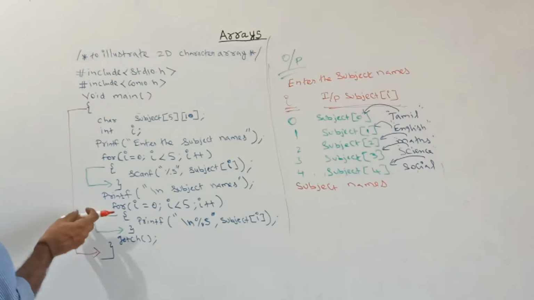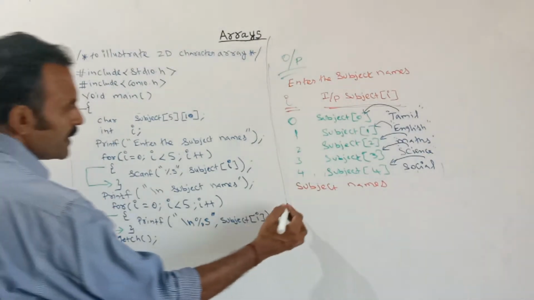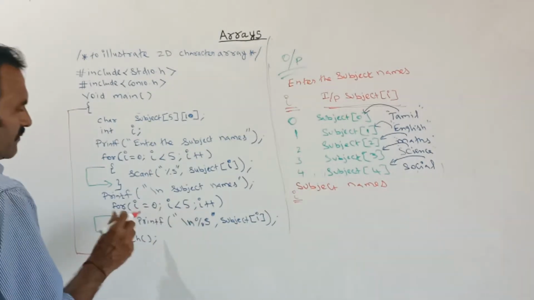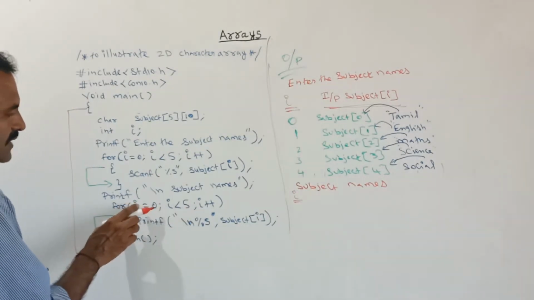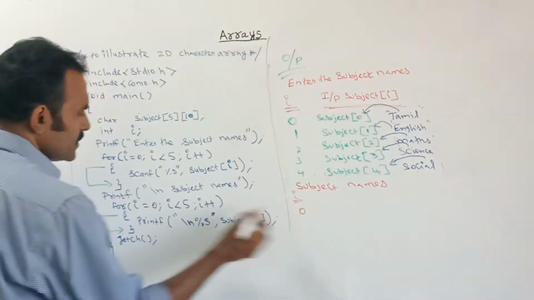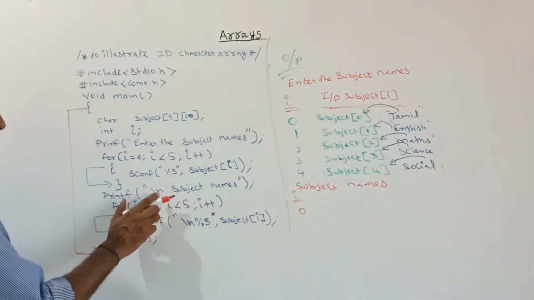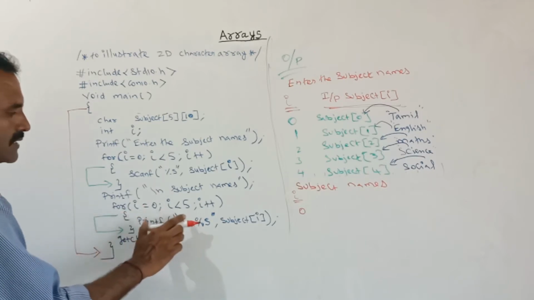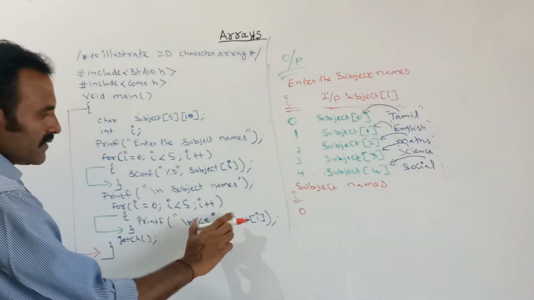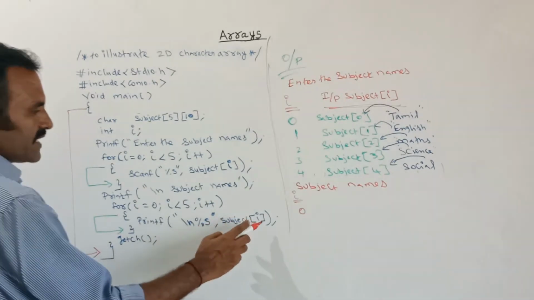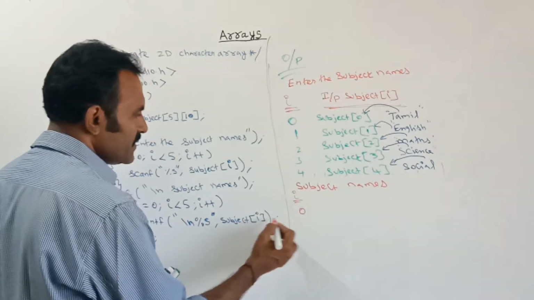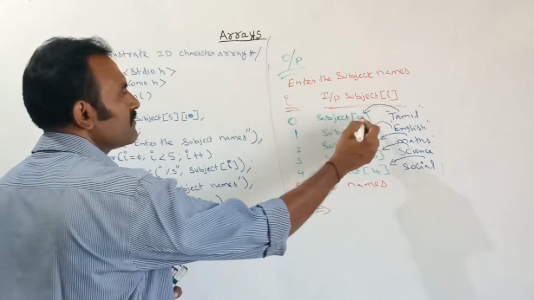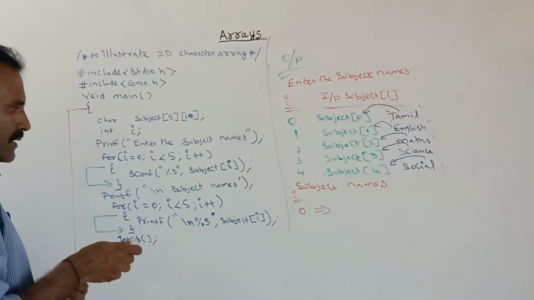After that, again I am using a for loop. Here the loop variable name is I. Here at the very first, the I value is equal to 0, I have initialized it to 0, and I am checking the condition, true. Again it comes inside the for loop. Here I am telling it to print the string value of subject of ith position. See, what is the I value? Here I value is 0. At subject of 0th position, what is the value? Subject of 0th position, the string Tamil.